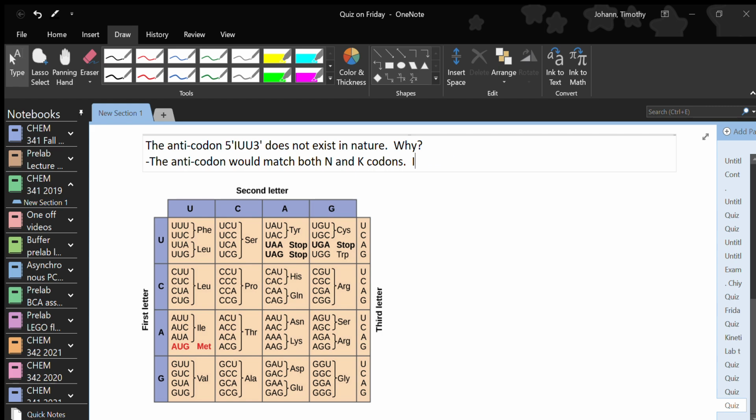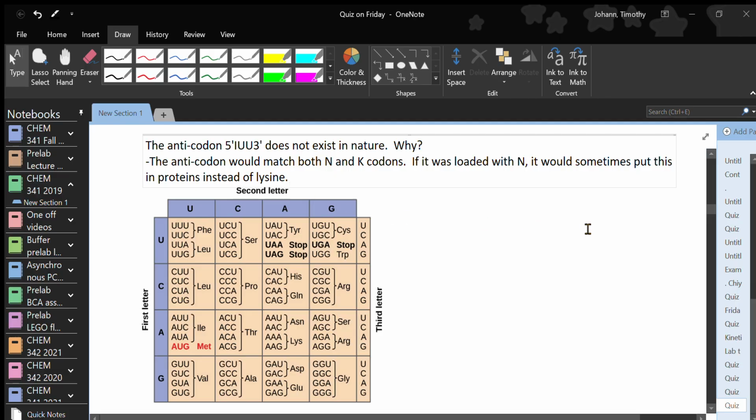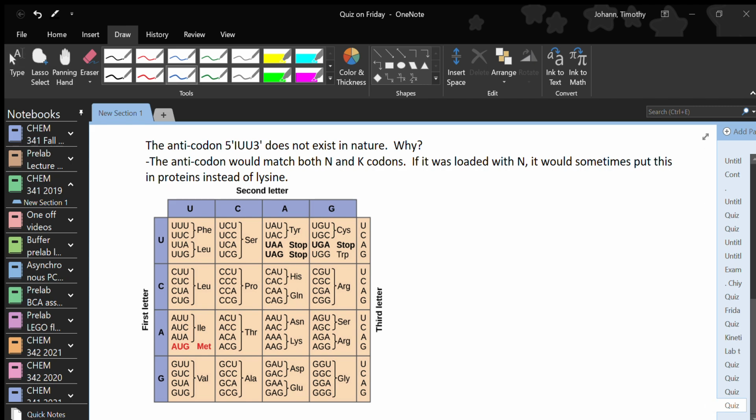If it was loaded with asparagine, it would sometimes put this in proteins instead of lysine. And what's kind of interesting, well, I'll just be distracting. Something interesting related to histones, but